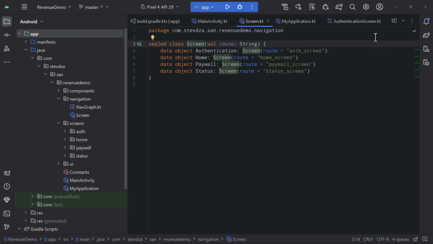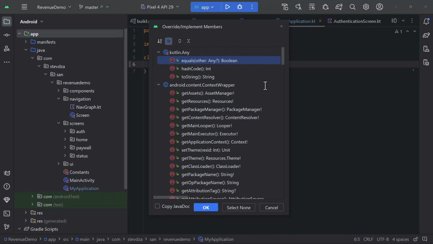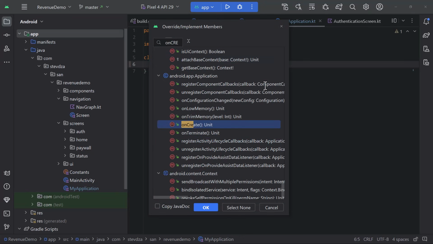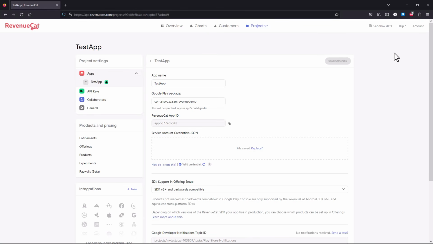Alright, so that was a brief introduction to the project. Now let's initialize the RevenueCat SDK in our application. For that purpose, you need to create a class and inherit the Application class. We need to override the onCreate function and configure and initialize RevenueCat along with the API key. You can find the API key of your application by opening the RevenueCat dashboard and selecting the API keys option